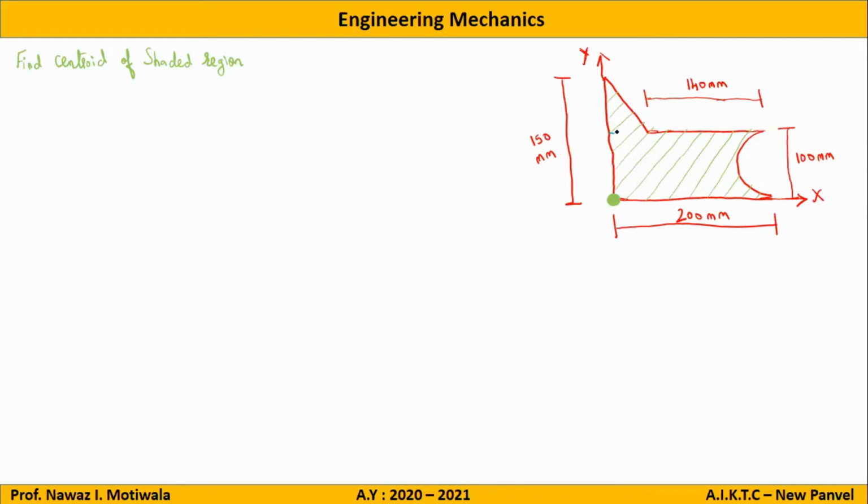So I will mark a dotted line here, which will become a triangle. So there is a triangle, which will be my first part. Then if I complete this part, this will be the second part, which is a rectangle, and this part, which is a semicircle, is not in the shaded region, so it will be subtracted from the rectangle, and this will be my third part. Any doubts? No.